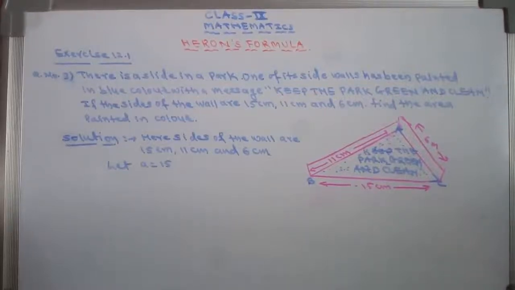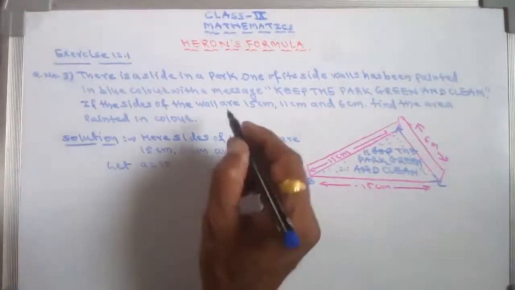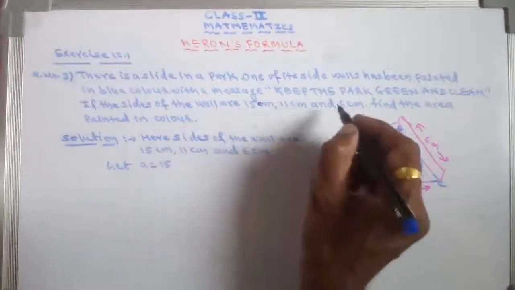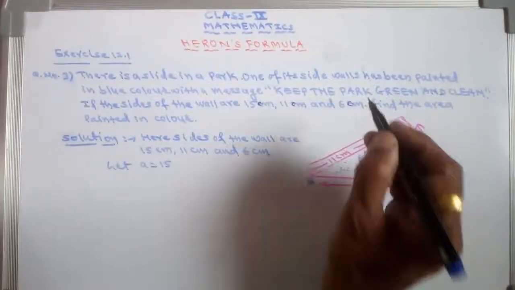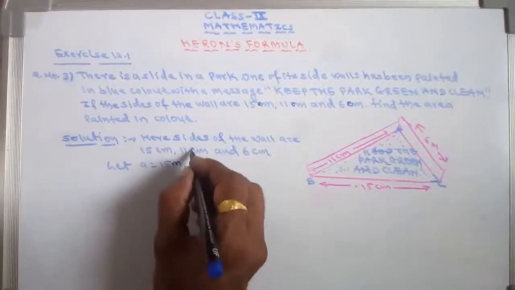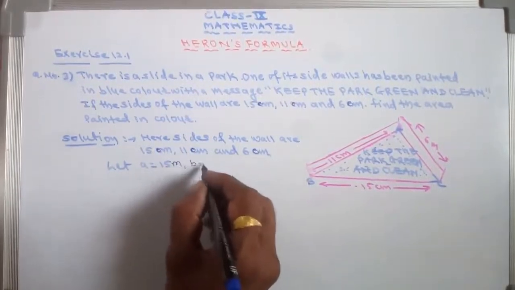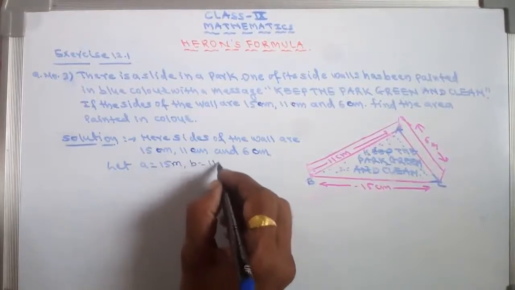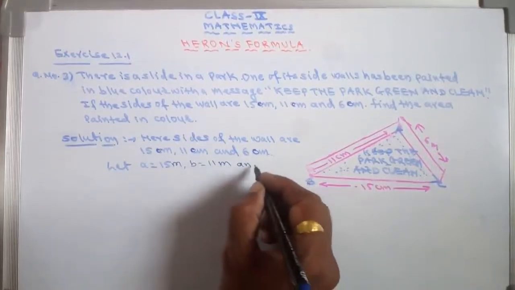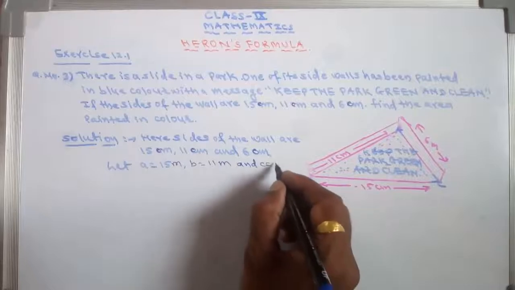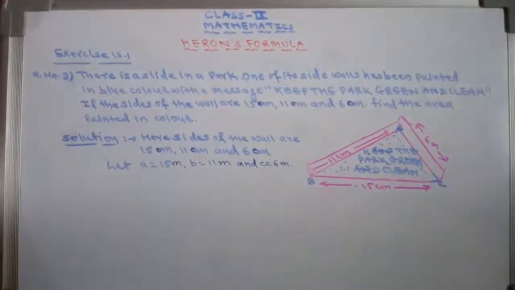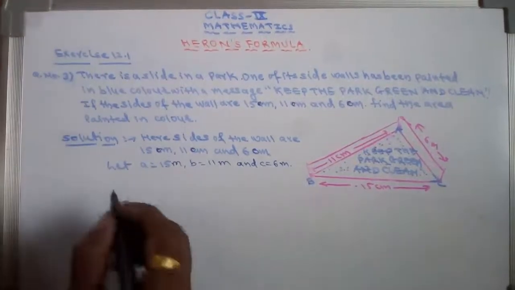It is in meter. Okay, you correct this. This is in meter. Okay, 15 meter. This is also meter because it is the wall. B equals 11 meter and small c equals 6 meters, suppose. Okay, therefore